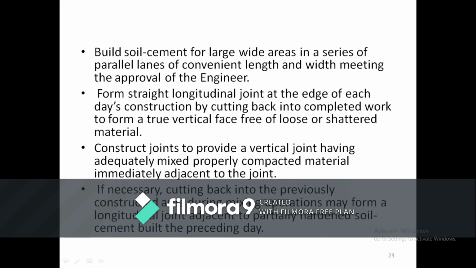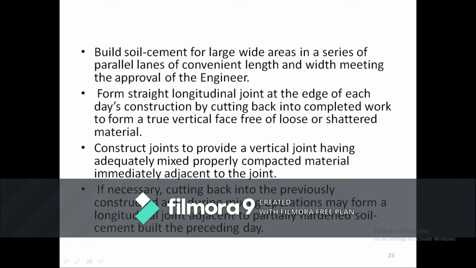Next, form a straight longitudinal joint at the edge of each day's construction by cutting back into completed work to form a true vertical face free of loose or shattered material.